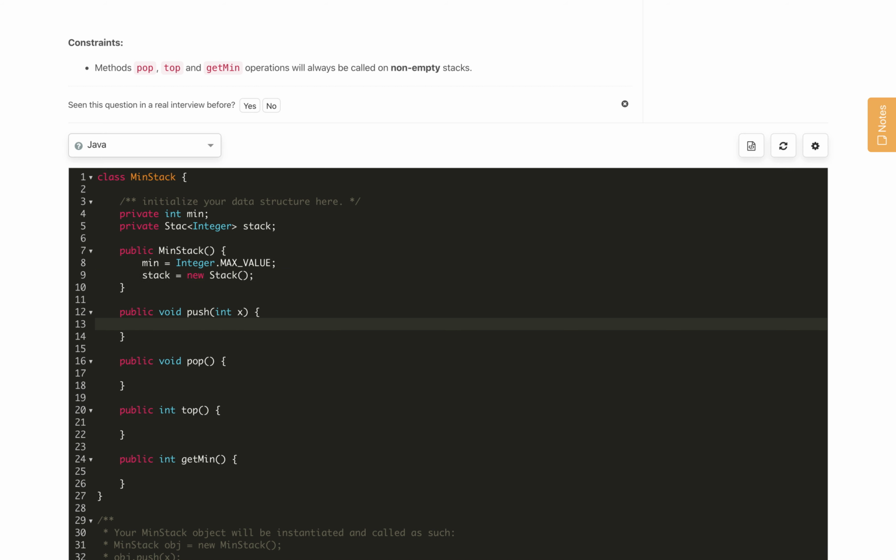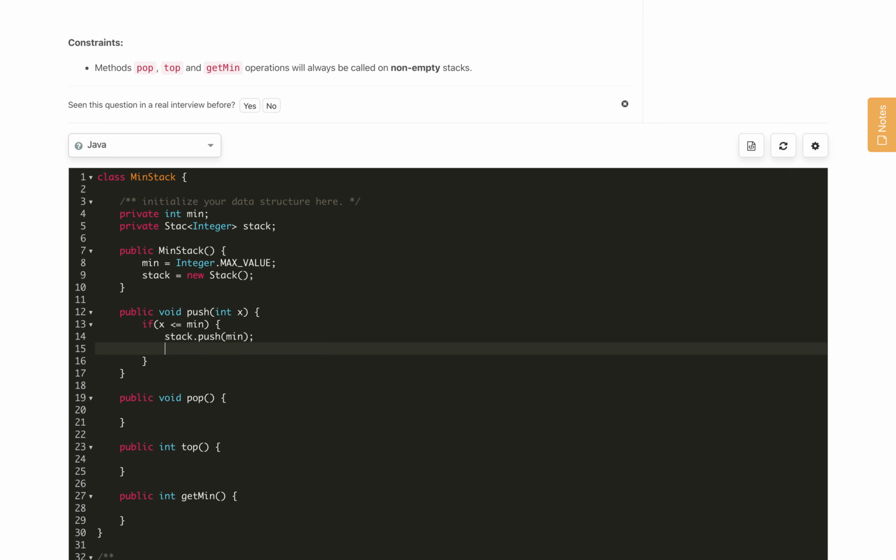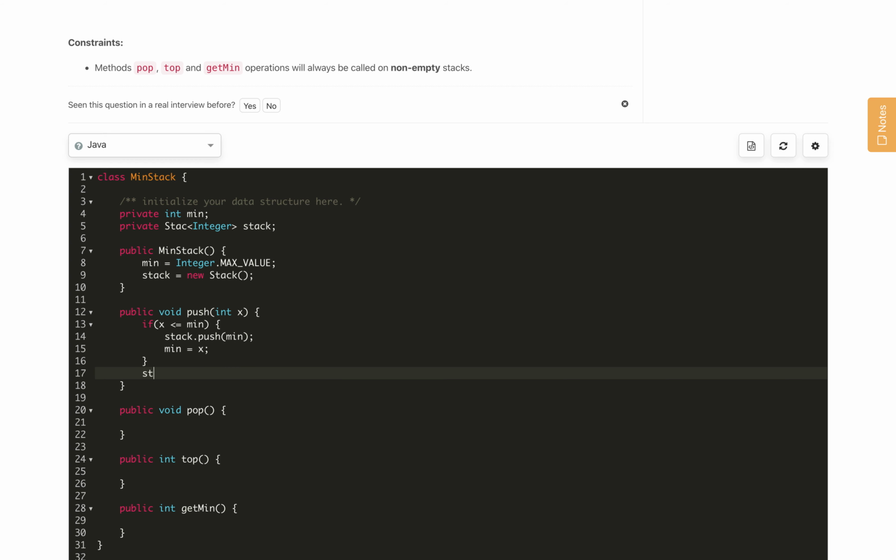Now we implement our push method. In push we check if x is less than or equal to the current min, then we push the min element to our stack, update the min with x, and after that also push x.